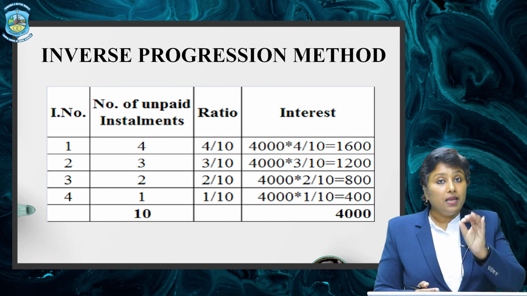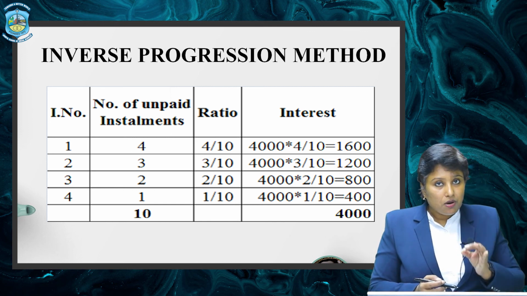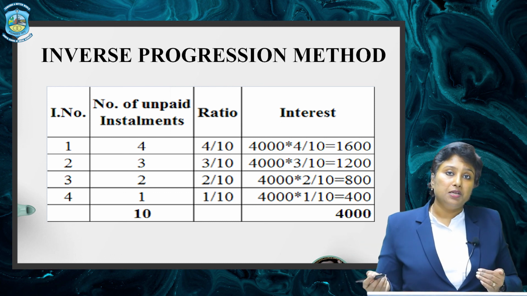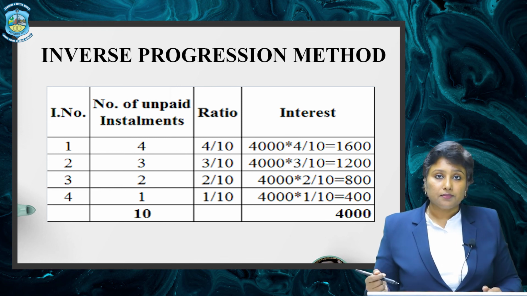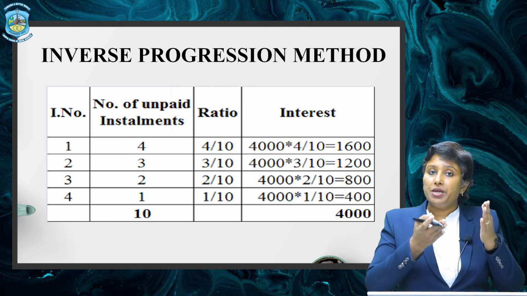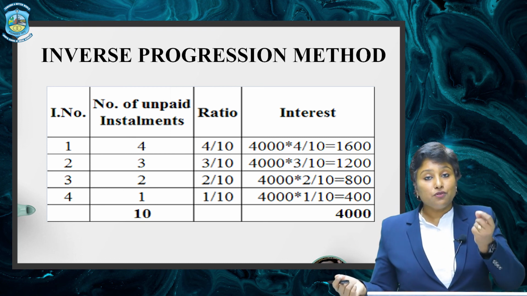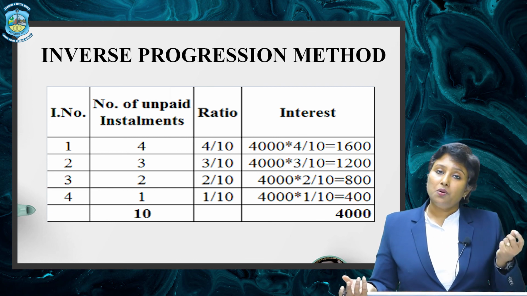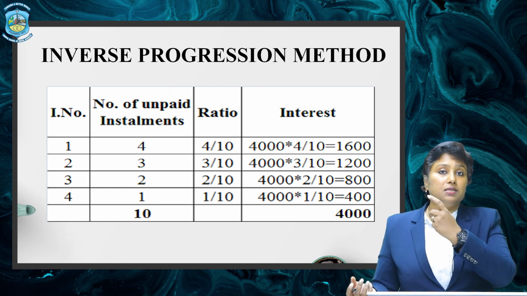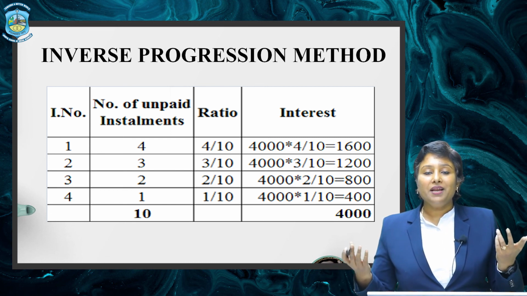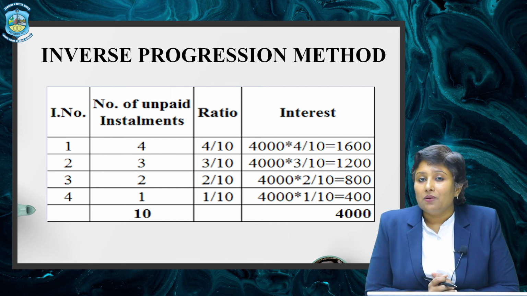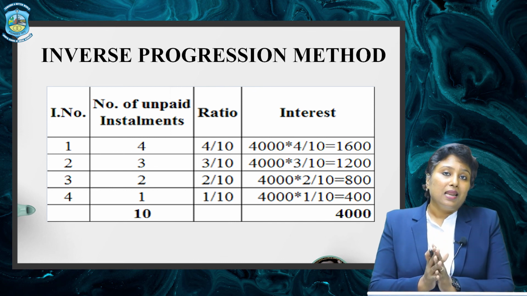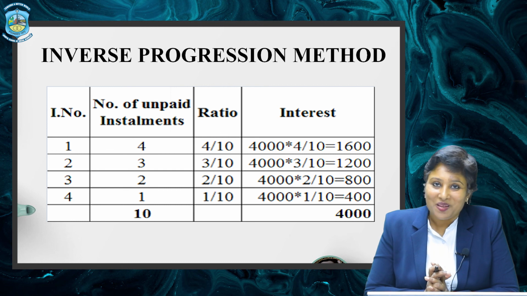So you will be calculating in this particular proportion. Simply write the number of installments unpaid. First 4, then 3, then 2 and then 1. Find the sum of these unpaid installments, which comes to 10. Let us make a ratio of it: 4 by 10, 3 by 10, 2 by 10 and 1 by 10. That is, 4:3:2:1 becomes your ratio. Divide the entire interest in this ratio. You get the amount of interest included in each year's installment. That is it. You have already done all these things while calculating discount, if you remember, at the time you used to write off the amount of discount allowed at the time of issue of debentures. Alright, fine.